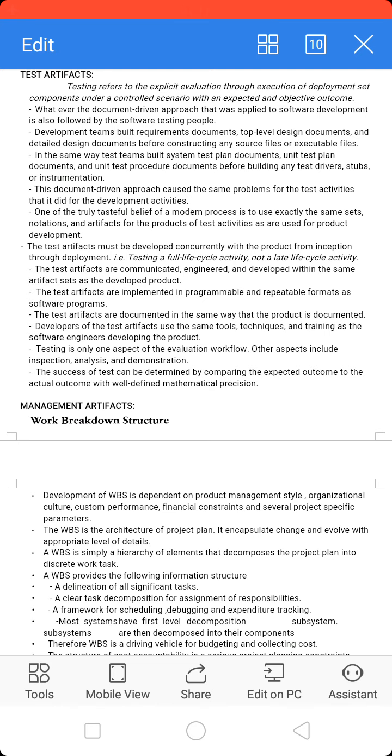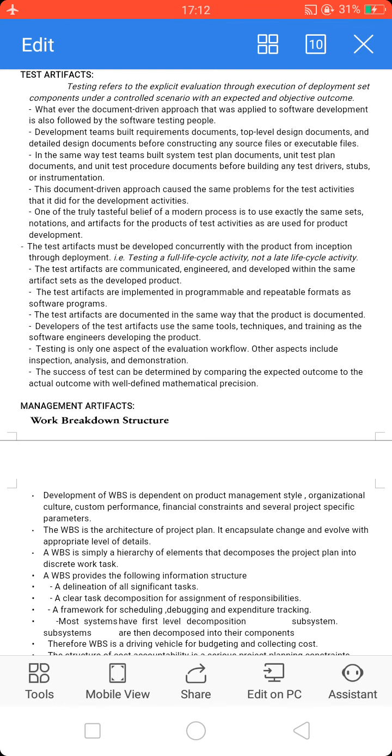What are they? First one, the test artifacts must be developed concurrently with the product from inception through deployment. Thus, testing is a full life cycle activity, not a late life cycle activity. Here we are concurrently doing the development process from the product inception. That's why it is full life cycle. Second, test artifacts are communicated, engineered and developed within the same artifact sets as the developed product.